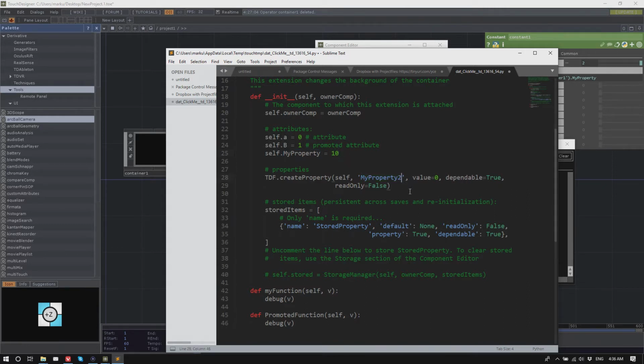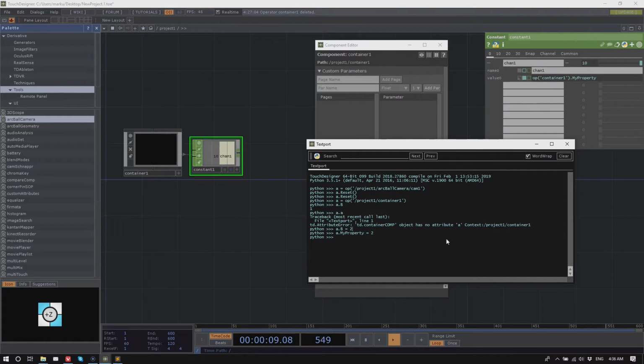I just give this a new name. I'll call this one dependable and save it. So now I have an attribute called myproperty, and I have a property called dependable. The naming is a little bit bad here. So myproperty now has the value of 10.